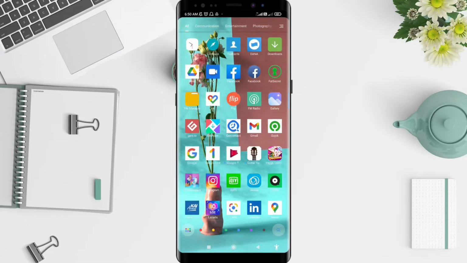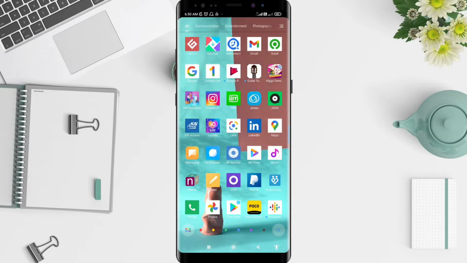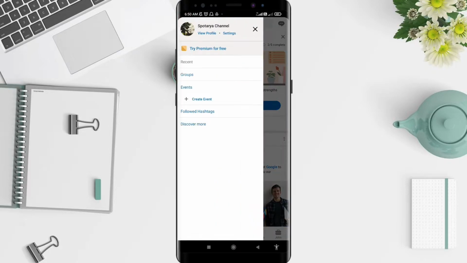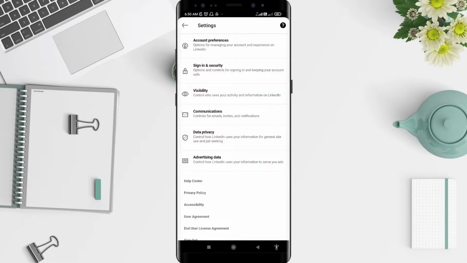First, we go to the LinkedIn application that you have installed before. Click on LinkedIn. And after that, you can click the symbol or the photo in the upper left corner and go to the settings. Okay, for the next step you can go to the visibility